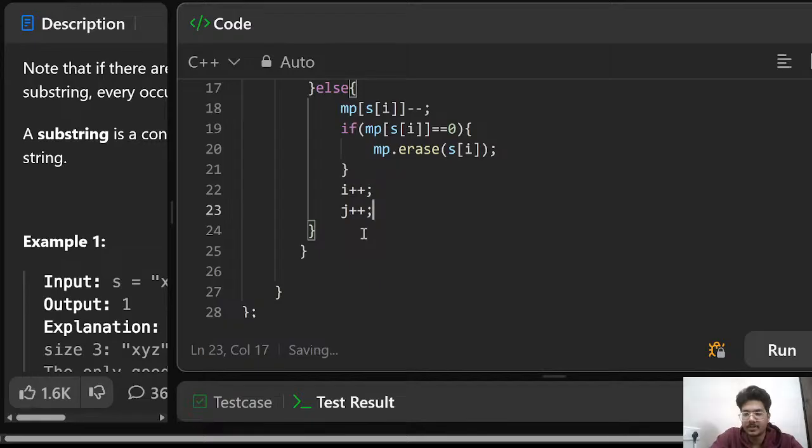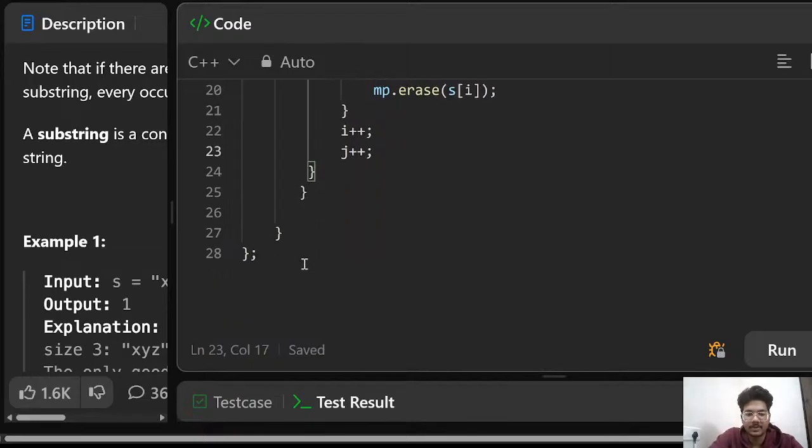And finally we have written the answer. So lastly we have written the answer. Okay,